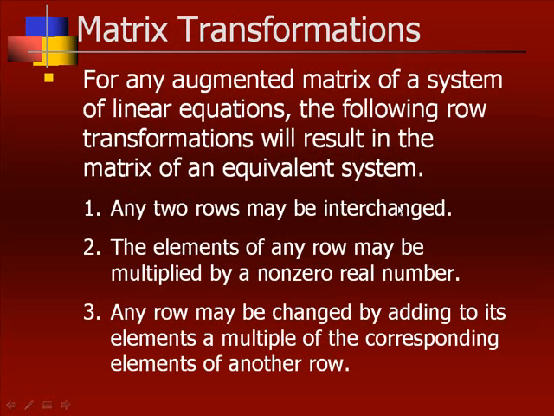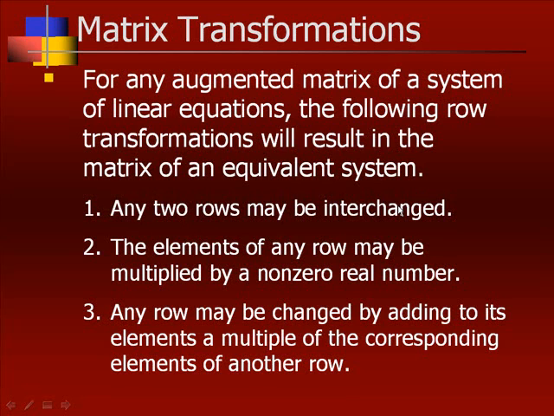Now, for any augmented matrix of a system of linear equations, the following row transformations will result in the matrix of an equivalent system. First, any 2 rows may be interchanged. So if we would like to switch row 1 and row 2, we can. Number 2, the elements of any row may be multiplied by a non-zero real number. So if we needed to multiply the whole row 2 by a 3, we could,